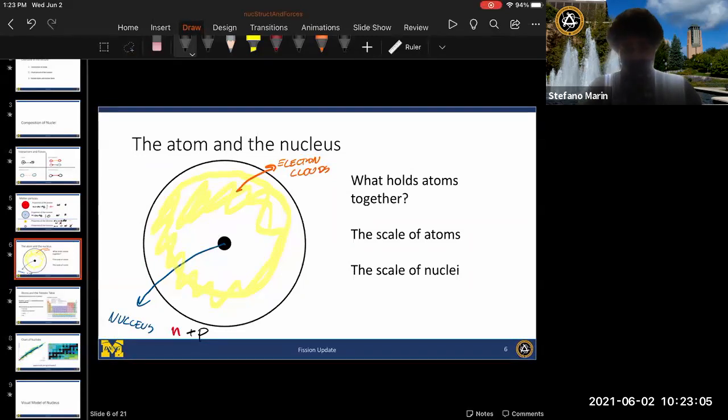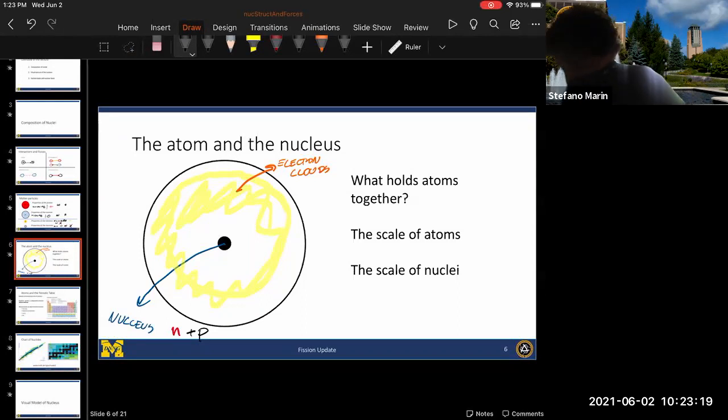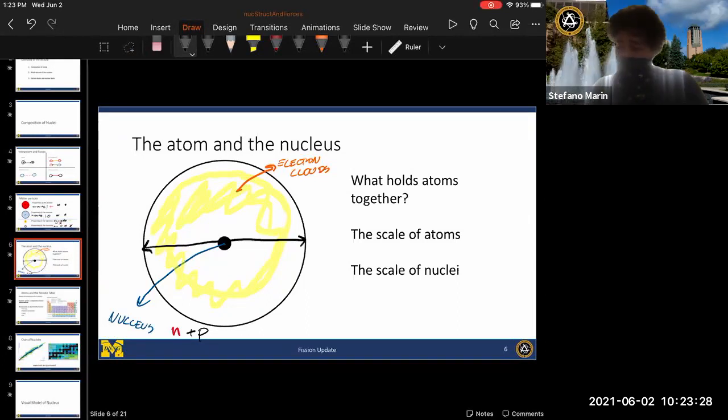Okay, so that's how atoms and nuclei are held together. And now let's use this picture here, very much not to scale, of the nucleus of the atom, just to give you an intuitive idea of what the scale of things is. One good number to keep in mind, like units named after famous scientists, is that an atom is approximately